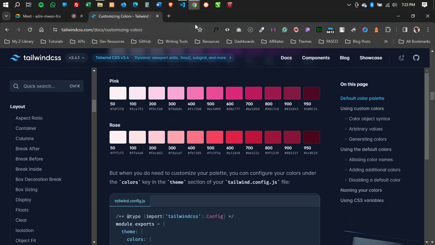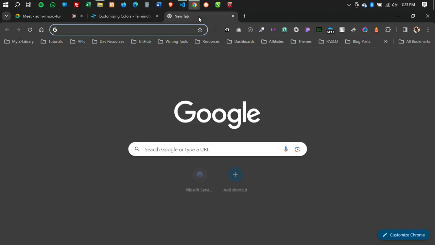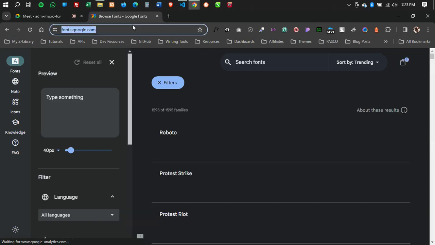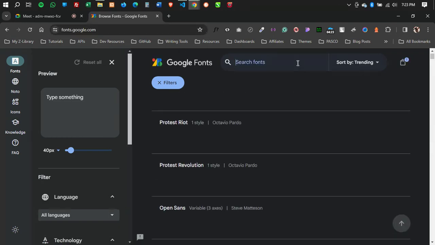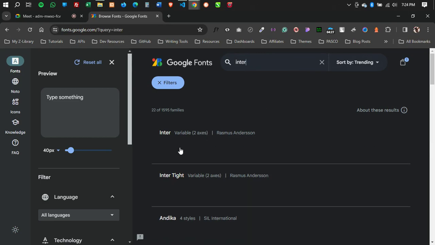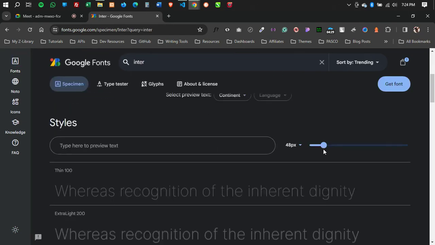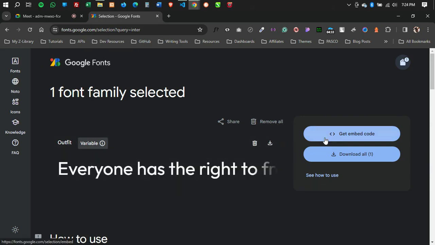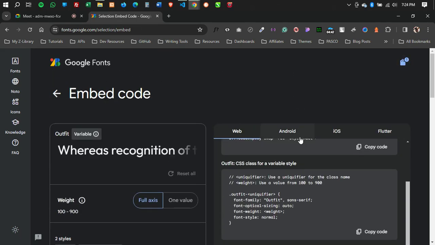Then let me go back to Google Fonts, fonts.google.com, and then I would pick, the other day we selected the Outfit font. Let's just go with Outfit